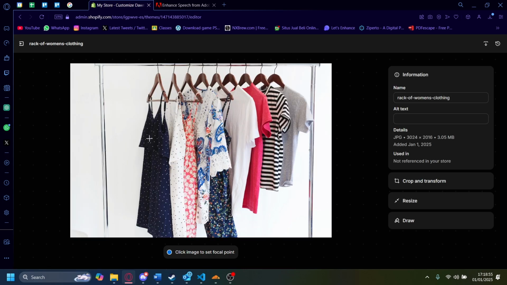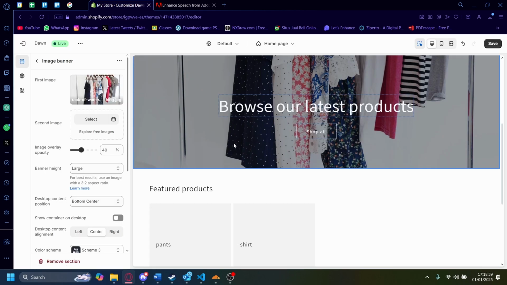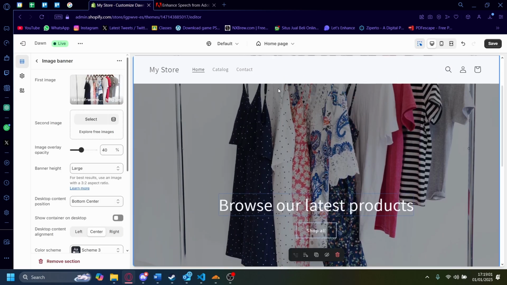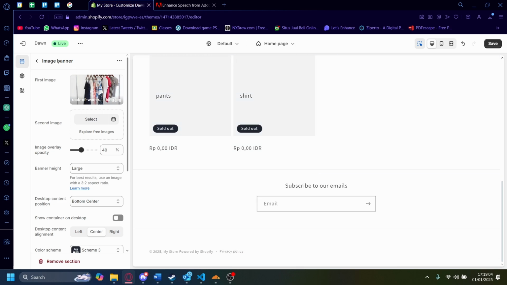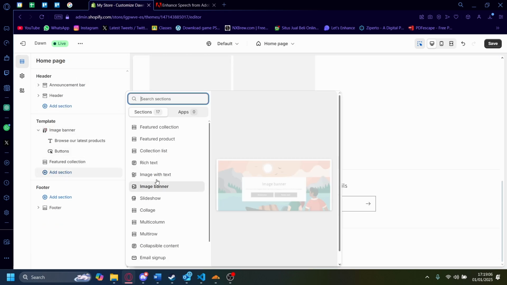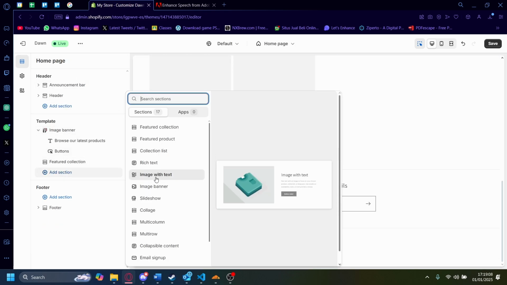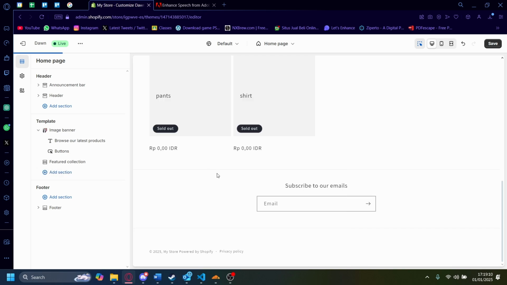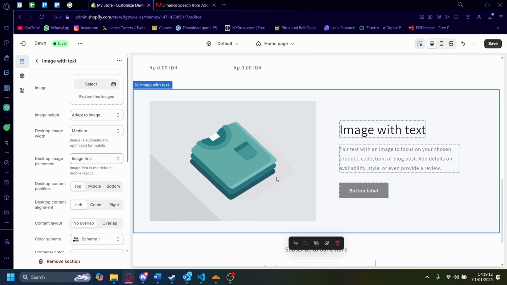Now you see, this is the new image of the zoomed in one. Now let's go back and you'll see in our image banner, it has been updated, right? Now I'm going to show you again but this time with another image banner. This time it will be with image with text, right? Now I'll show you that it's the same exact